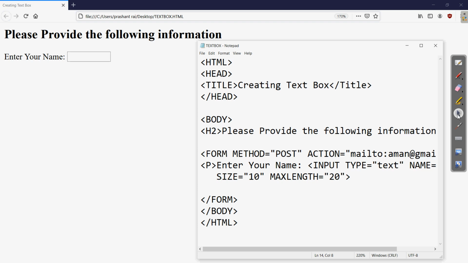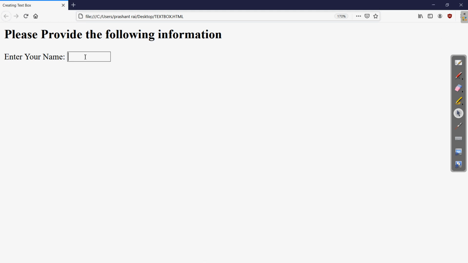This is the size which is appearing on this web page, and maximum length is the number of characters which can be written in this text box. I hope this is clear. Size is the size of this text box, and maximum length is 20. Here if we write something in this text box, we can continue writing. Right now as it is a name, suppose there is a long name, we can write Aman Kumar Prajapati, something like that.